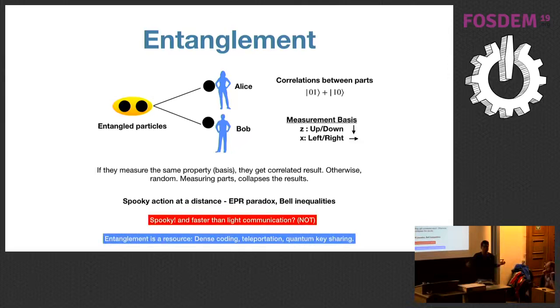And as the EPR paradox and Bell inequalities show, these correlations can never be reproduced in a classical system. We have had recent very good tests proving these inequalities, to show that there is fundamentally something different about correlations between parts of a system when you are dealing with quantum systems than classical systems. And then you have this entanglement. It becomes a resource with which you can do something called dense coding, teleportation, quantum key distribution.